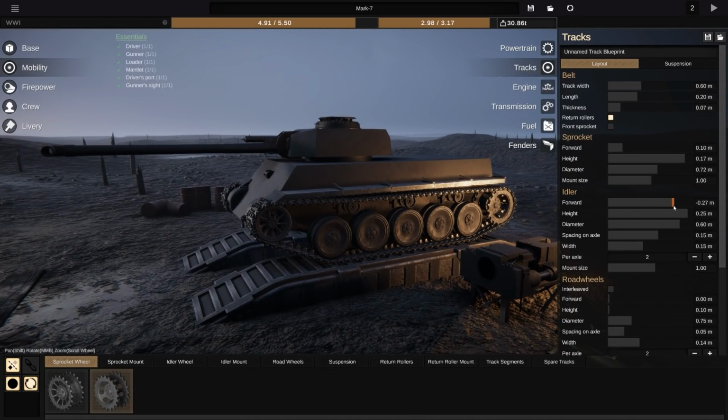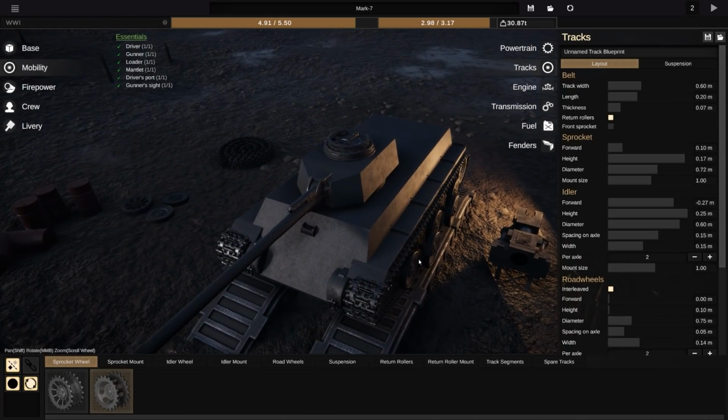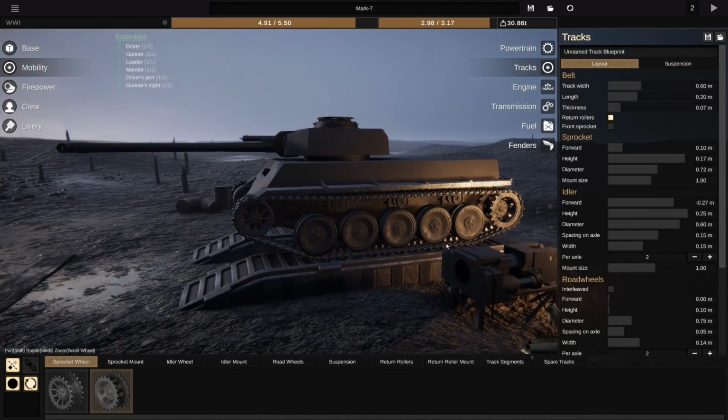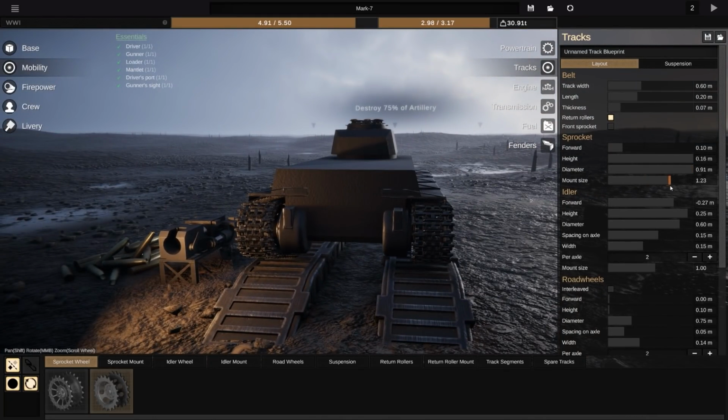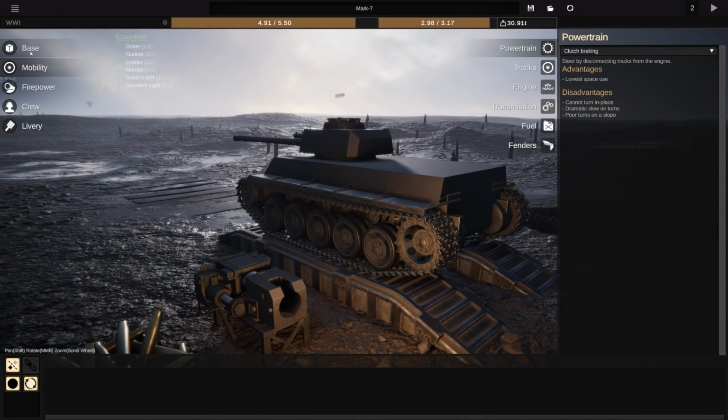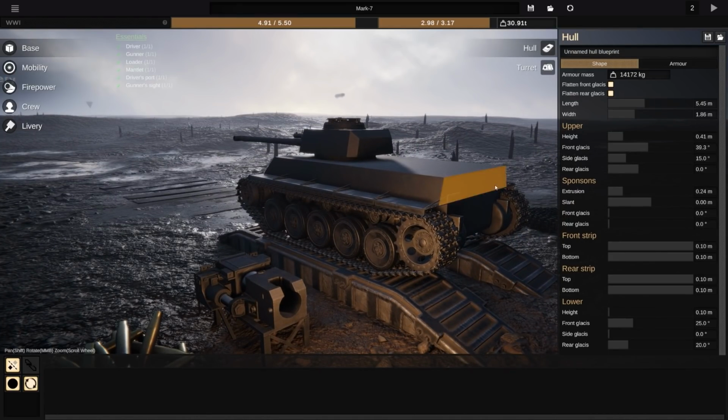Is that an idler? Yeah, that's the idler. Road wheels you can have interleaved, so you can see that they're offset and the further they go in there. Interleaved, that is the term. The sprocket diameter for the rear will max out. You can also change the mount size if you really wanted to. I don't know what effect that has, but there you go. And let's go with...